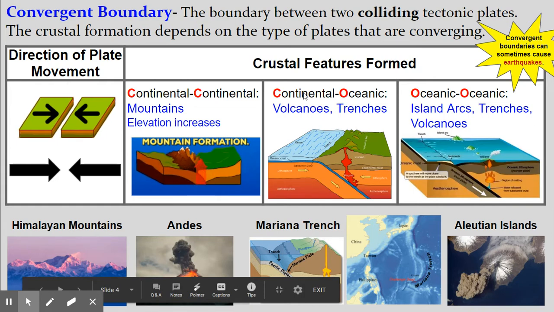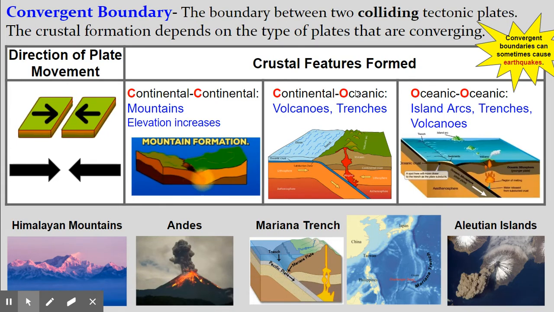Now, if you have a continental and oceanic plate colliding or converging, the crustal formations you can get are volcanic mountains on the continent and trenches in the ocean. So what you have here is the oceanic plate, which is more dense, more heavy, subducts. It ducks underneath that continental plate, melts in the mantle, and then magma is pushed up, forming these volcanoes or